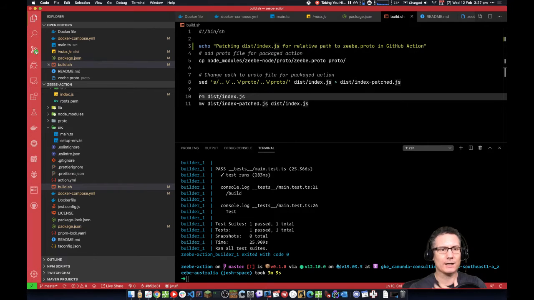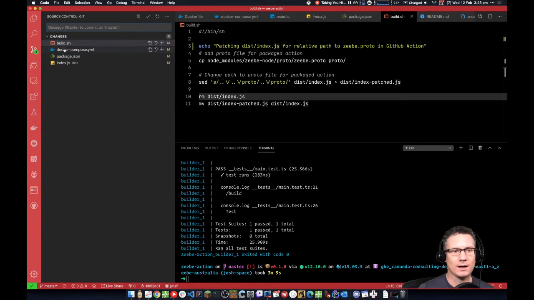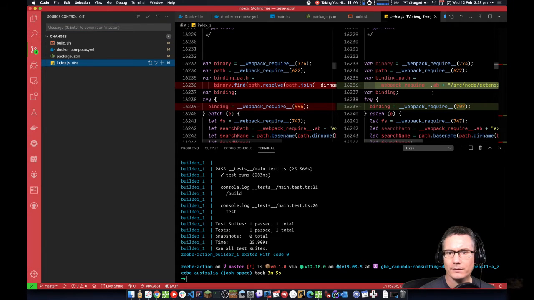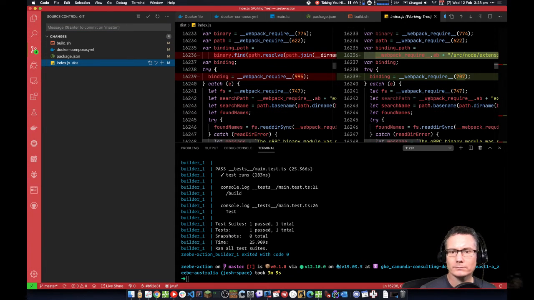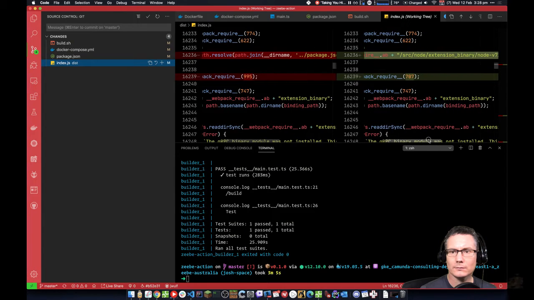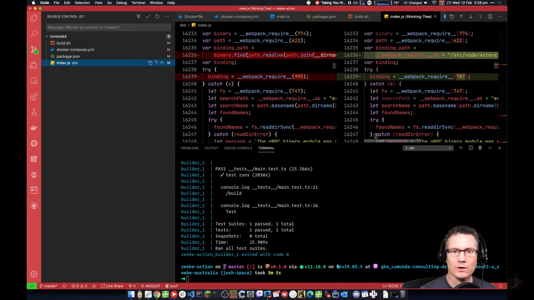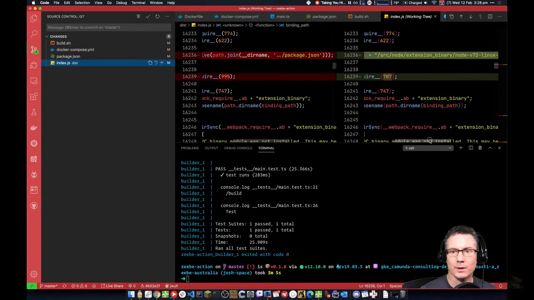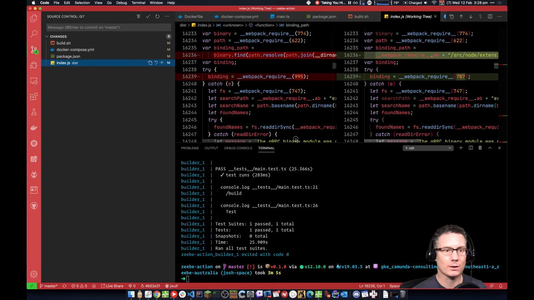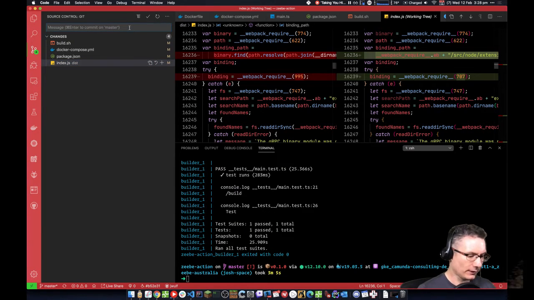Okay, what changed? Let's have a look. I updated that, updated that, updated that. Something changed in here. Okay, look at that. Binary.find path resolve path join is what it said before. Now what it says is source node extension binary node, etc., etc. So that looks like it'll work this time. Fingers crossed. So now what we want to say about this is